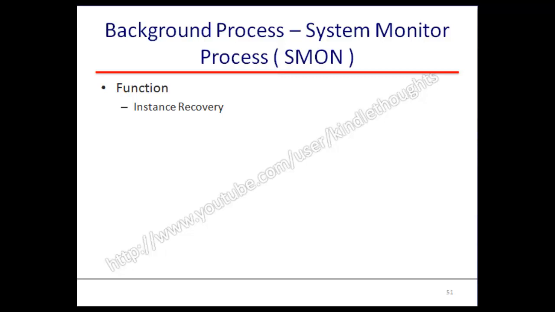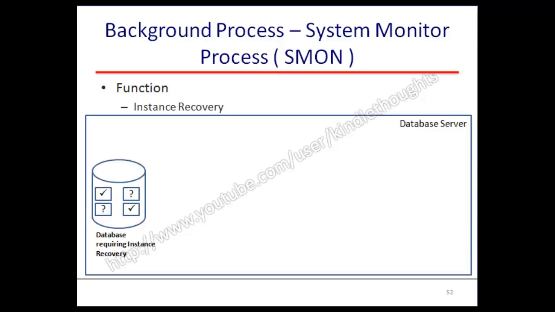Now, instance recovery is a state where the instance is starting up, the database is about to be opened, and Oracle discovers that the files are not in a consistent state. And if the files are not in a consistent state, then Oracle would not have the database open because the database always has to be in a consistent state. So if you look at this example pictorially, here's a database in a state where it needs instance recovery.